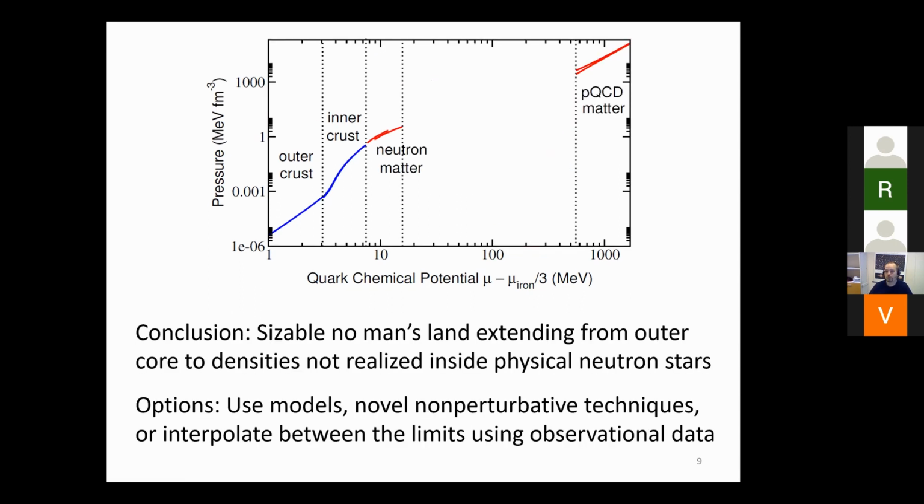Now, the way I would summarize the current situation, forgetting all these details about the microscopic calculations, is that we have accurate theoretical understanding of the behavior of the equation of state at low densities up to roughly the nuclear matter saturation density, and at very high densities down to something like maybe 40 saturation densities. But in between, we have a fairly wide no man's land where we can either use different model calculations or maybe, if we are bold, use some novel non-perturbative techniques like the AdS/CFT